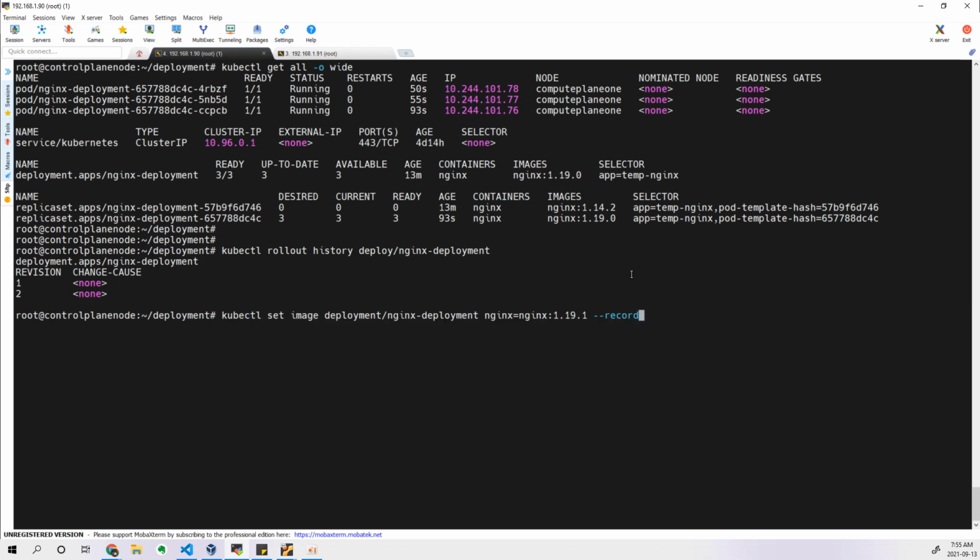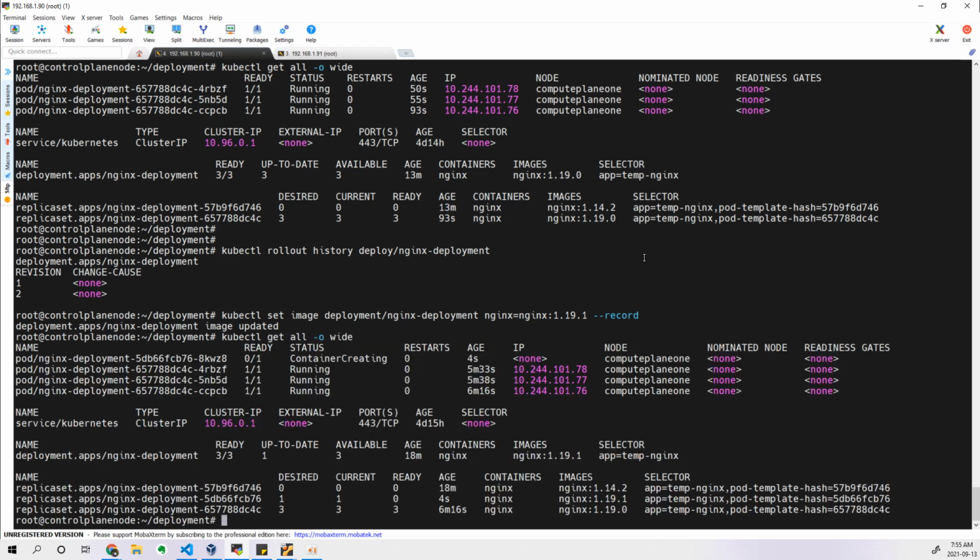This is important in the CKA exam. They will ask you to record the command you executed to upgrade. So record means this. At the end, enter. Now the image is updated. Now let's look at our rollout. You can see here,